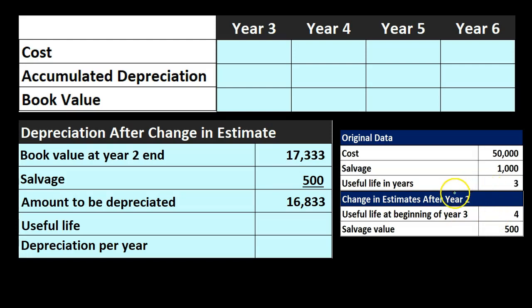And now we decided at the end of year 2 it's going to last 4 more years. $16,833 to be depreciated divided by 4 more years gives us depreciation per year for the next 4 years, 4,208. So now if we calculate the depreciation or our book value, we get the 50,000 cost still, and then the